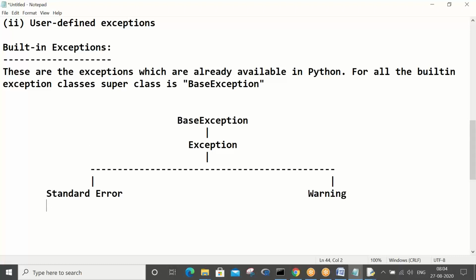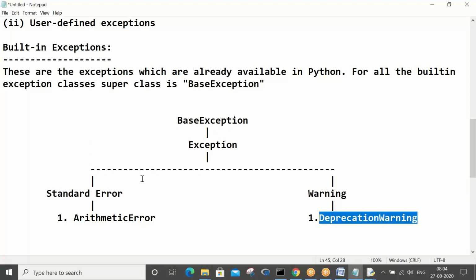Standard error is a parent class of the list of classes which I am going to write now: arithmetic error, and so on. The warning class is the parent class of deprecation warning. This you see a lot in machine learning.